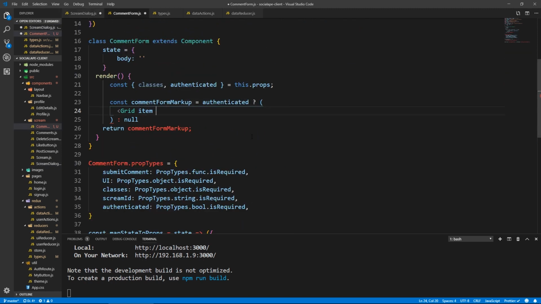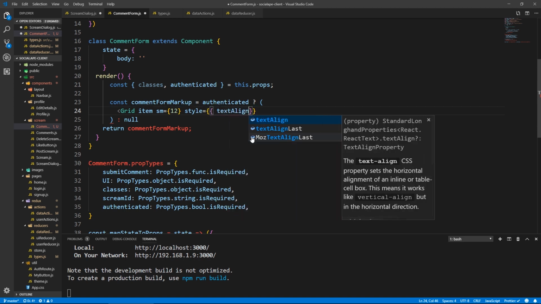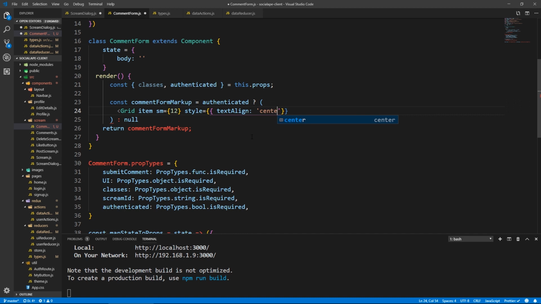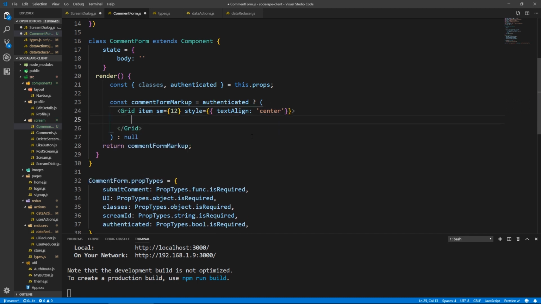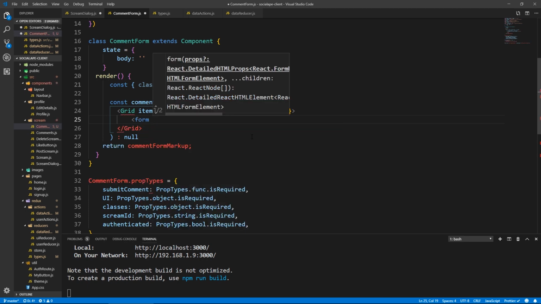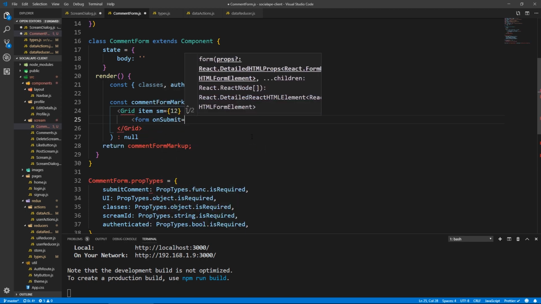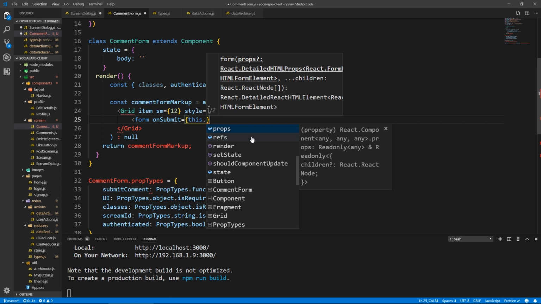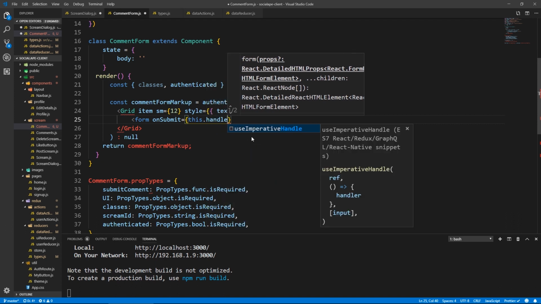So we just put grid item sm equals 12, and here let's give it an inline style, and let's give it text align center. I want the button to align in the middle. Here let's do a form on submit equals this dot handle submit,